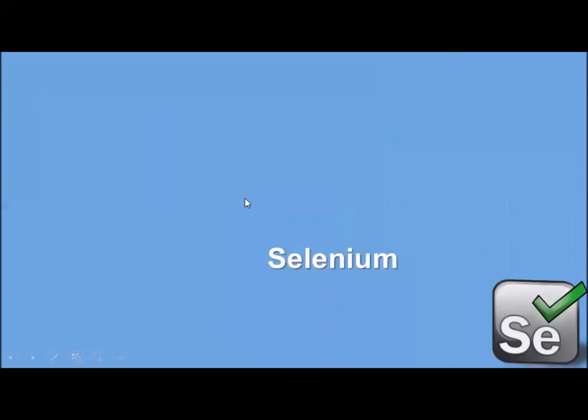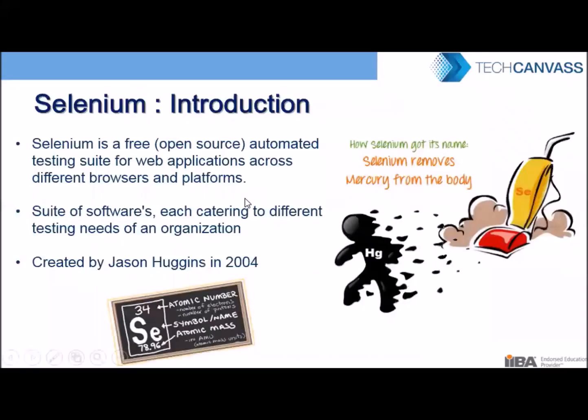So we will start with Selenium. We will go through a small history of Selenium, how this name came up. If you know, Selenium is one of the elements in the orbit chart of chemistry, if you can recollect it. So what was the earlier scenario? QTP was designed by Mercury Interactive. So Selenium is an antidote for Mercury.